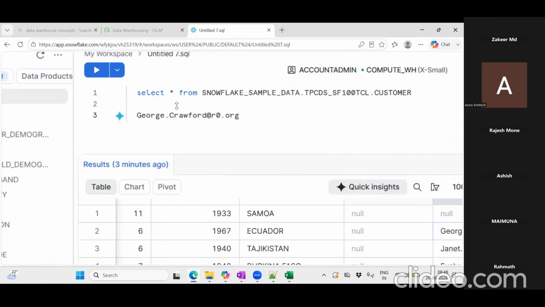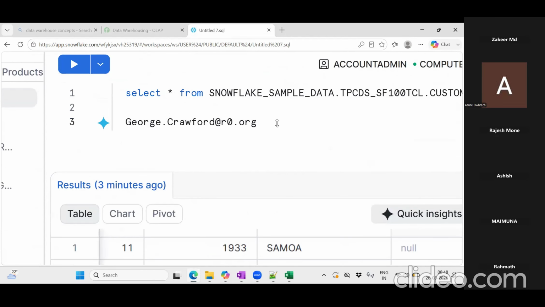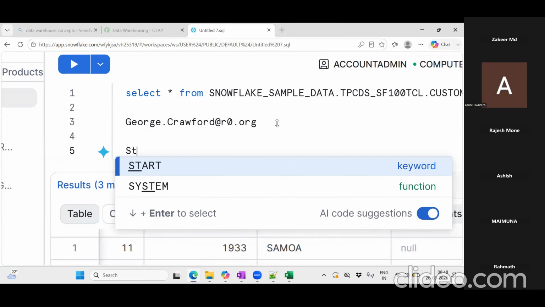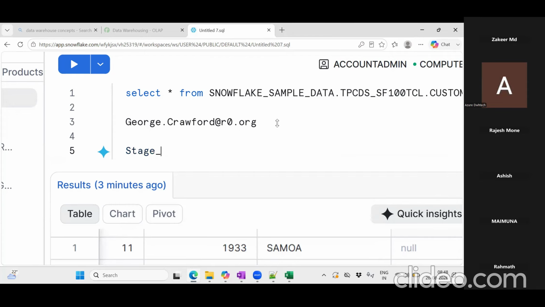This is my data, correct? I have data like this. So when you are sourcing from this table, you have to create a table named stage_customer, and I want all the columns at the end, using this column, you have to create